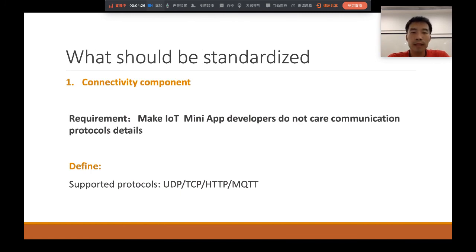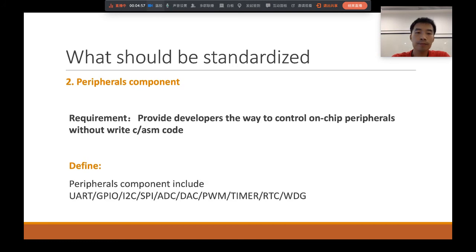First, connectivity component. There are more ways communication on IoT device than mobile phone, so we hope to encapsulate communication protocols which helps developers build up their app easily. Include UDP, TCP, HTTP, and MQTT, which are most widely used protocols in IoT domain. Second,